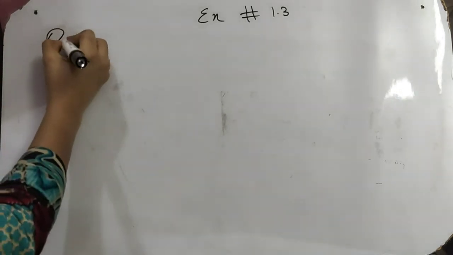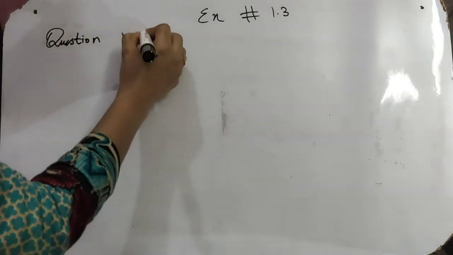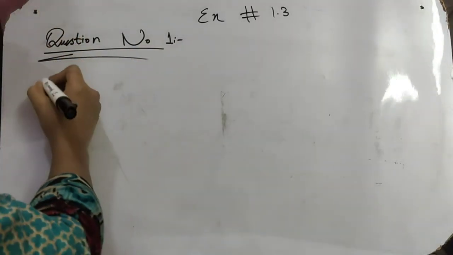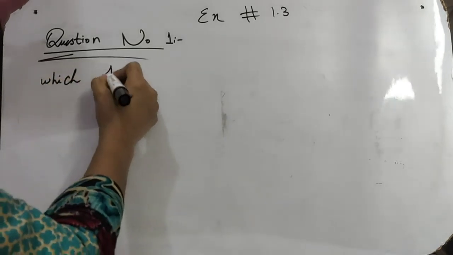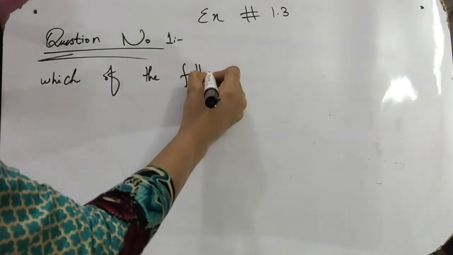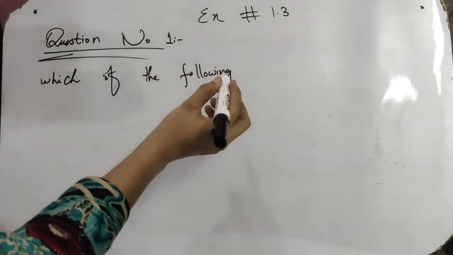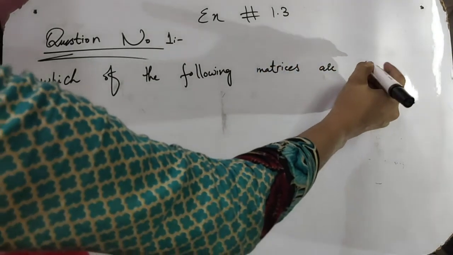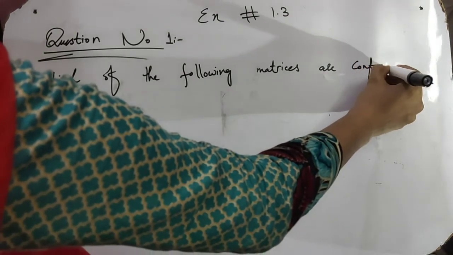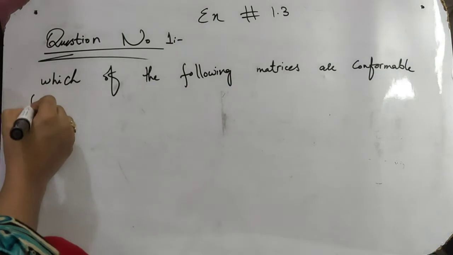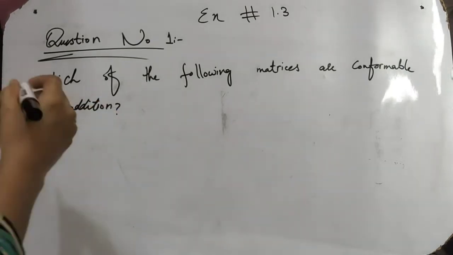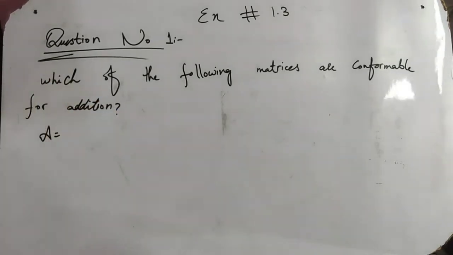Now we will move to the question, exercise number 1.3, question number 1. The question number 1 is: which of the following matrices are conformable for addition. Okay, so A is equals to